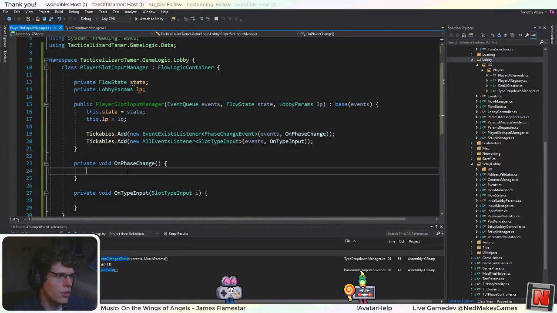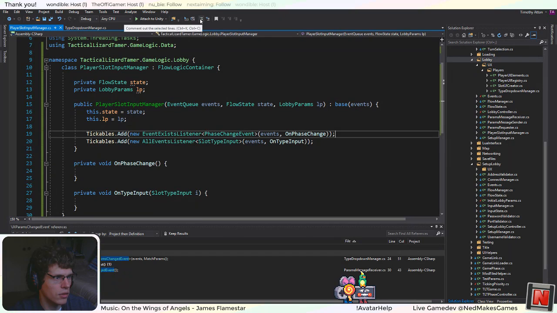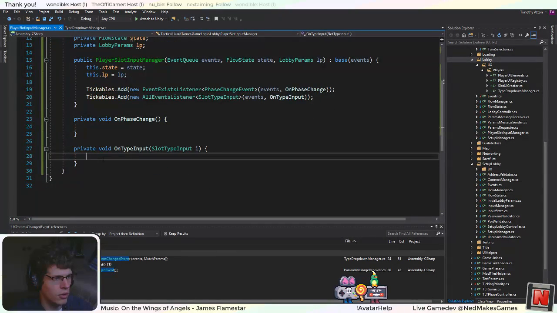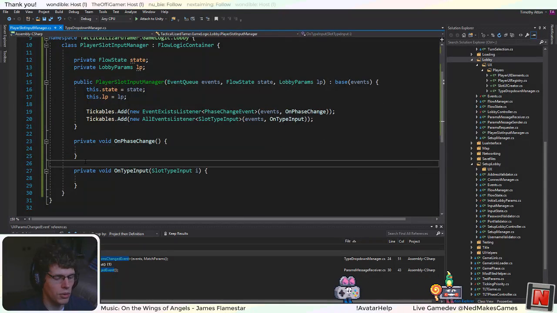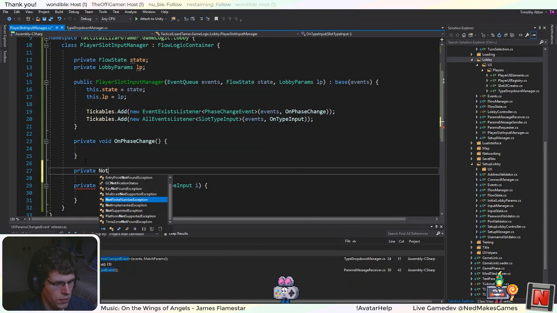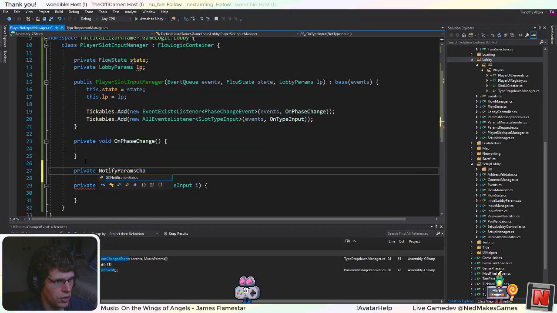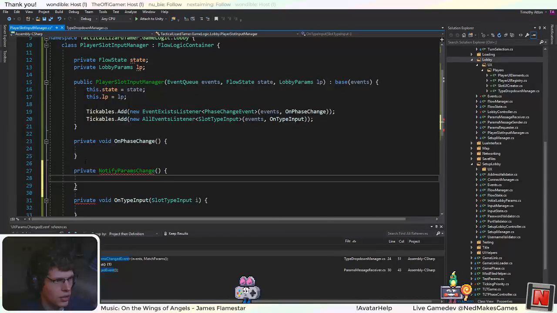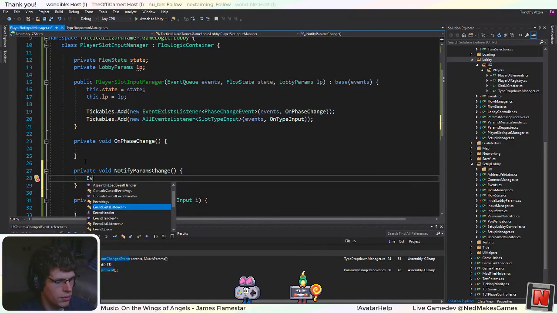Okay, so phase change. Do I actually do anything here? Maybe not. I guess yeah, I don't think I need this actually, but I'll leave it in for a second. One thing I will need is a helper function that will be, I don't know, let's just say notify params change, void. And here I want to fire off